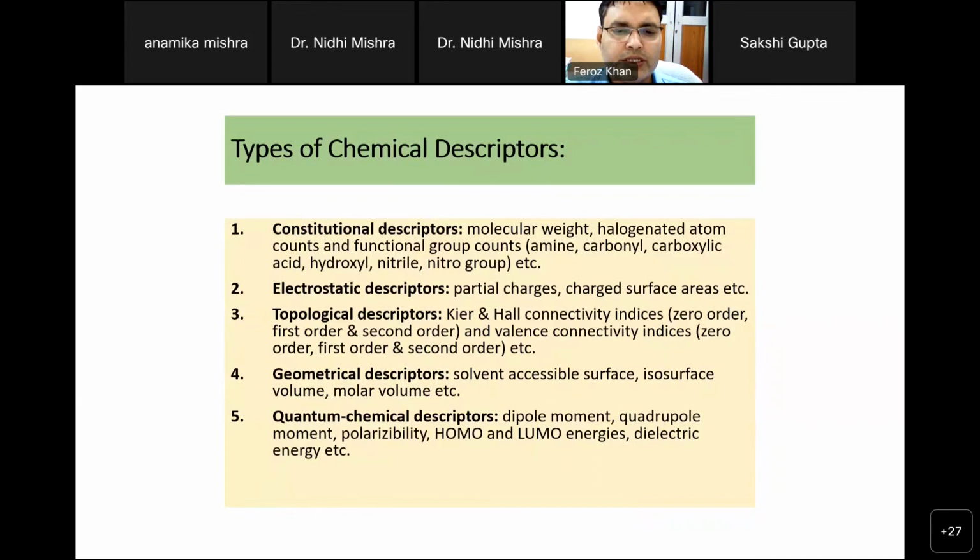Similarly, we can also see structures which are quite different in structural representation. If you see the anti-cancer active compounds, you will find that all the molecular structures are very different from each other. But the beauty is that all